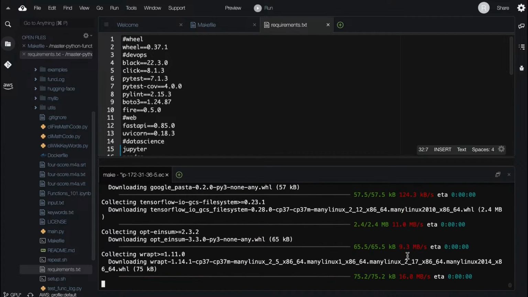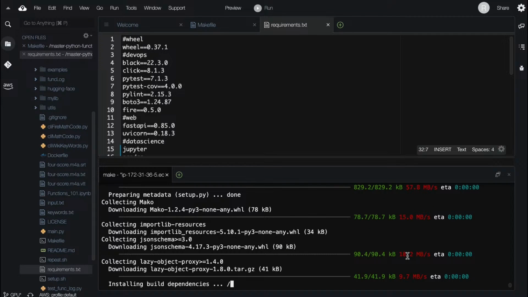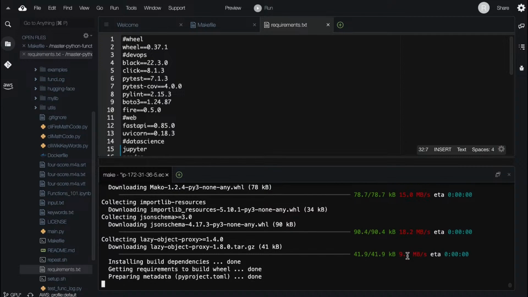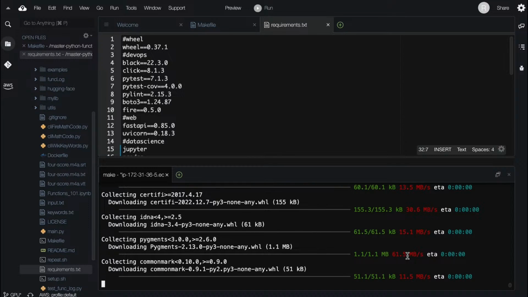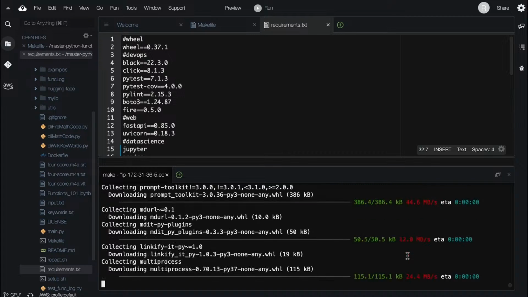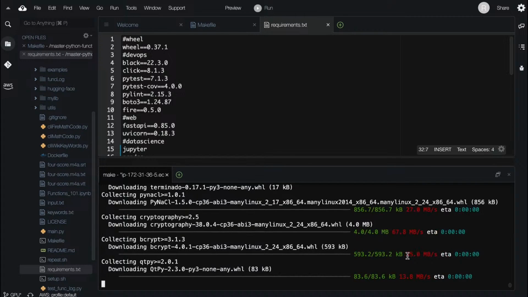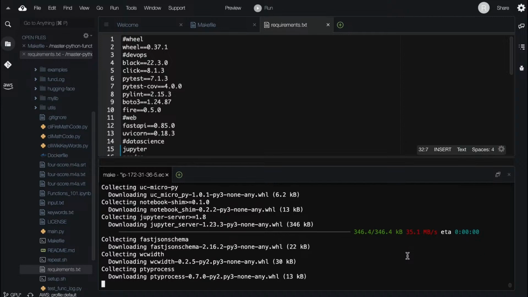Okay, now it's doing TensorFlow. Again, we have just an amazing amount of libraries here, and we're able to get through even weird, complex dependency problems by using the Python standard library. Okay, installing. There we go.